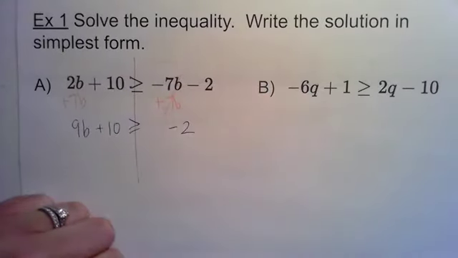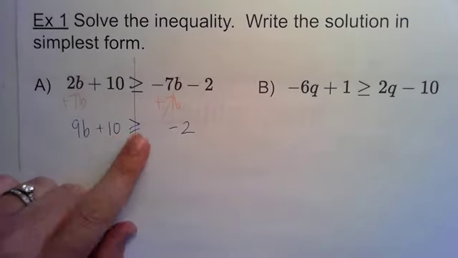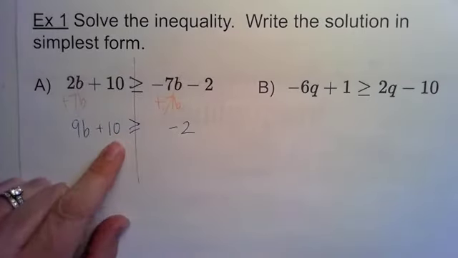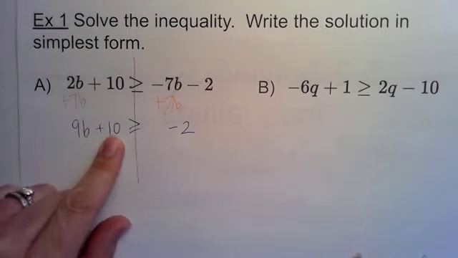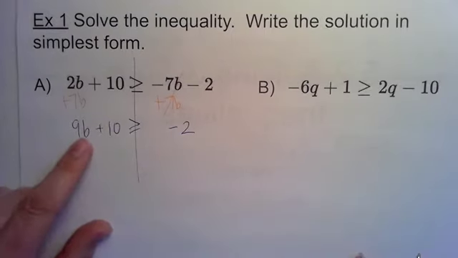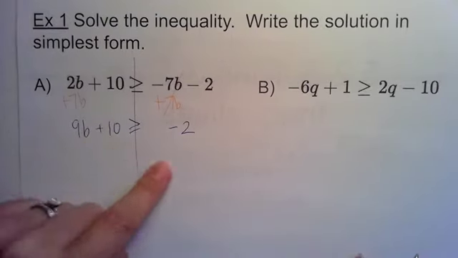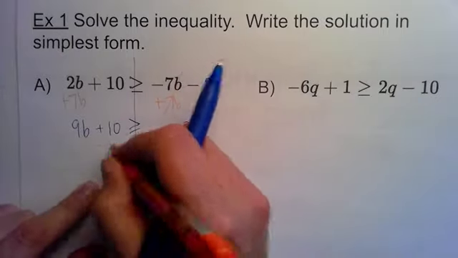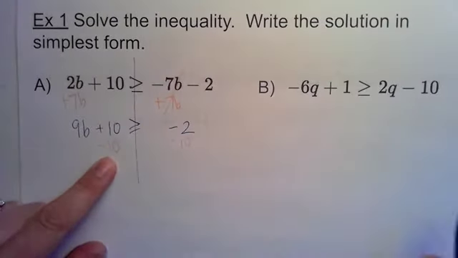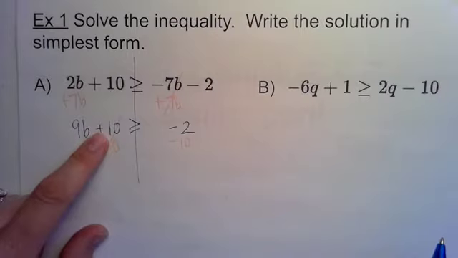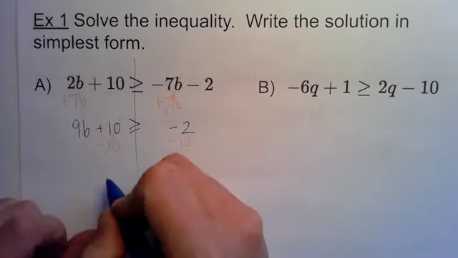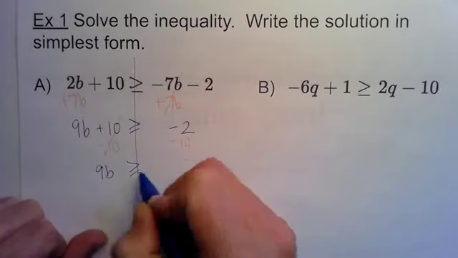We have a negative 2 left on the right-hand side, and we've got numbers that need to be combined. I need to move the 10 away so that we can isolate the b, and we do that by doing the opposite. We subtract 10. Negative 10 and positive 10 make 0, and we have 9b is greater than or equal to